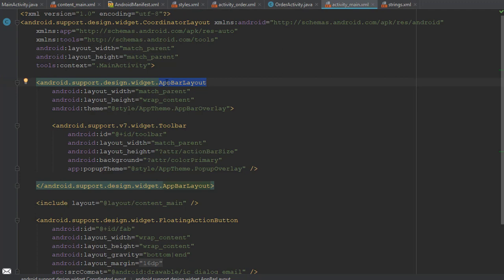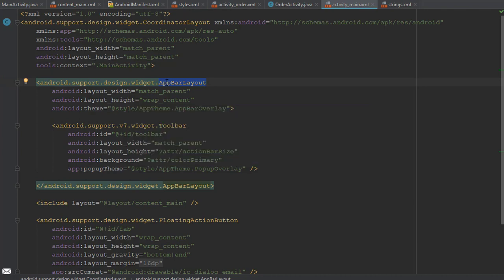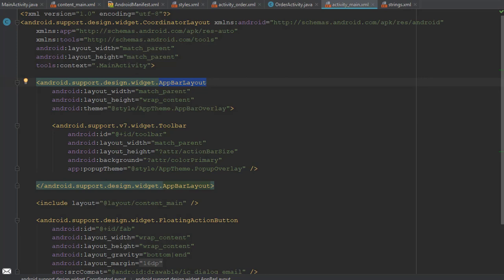For this reason, if you are adding an options menu, you should use the V7 AppCompat support library's toolbar as an app bar. Using the toolbar makes it easy to set up an app bar that works on the widest range of devices and also gives you room to customize your app bar later on as your app develops. Toolbar includes the most recent features and works for any device that can use the support library. The toolbar within this layout has the ID toolbar and is also specified like the app bar layout with a fully qualified name,